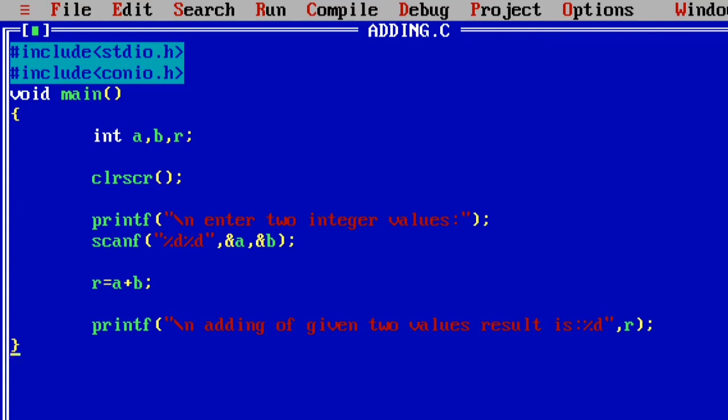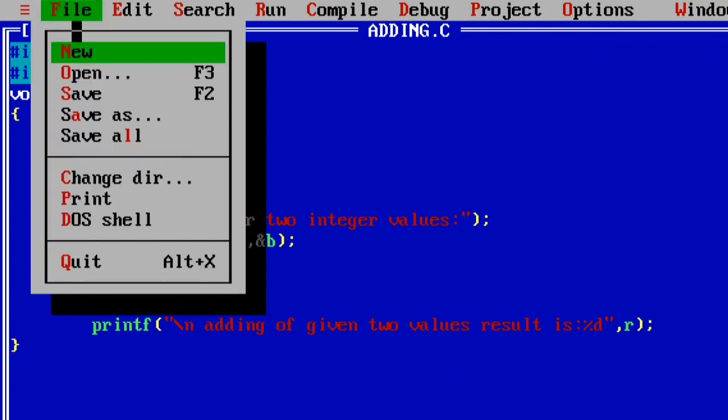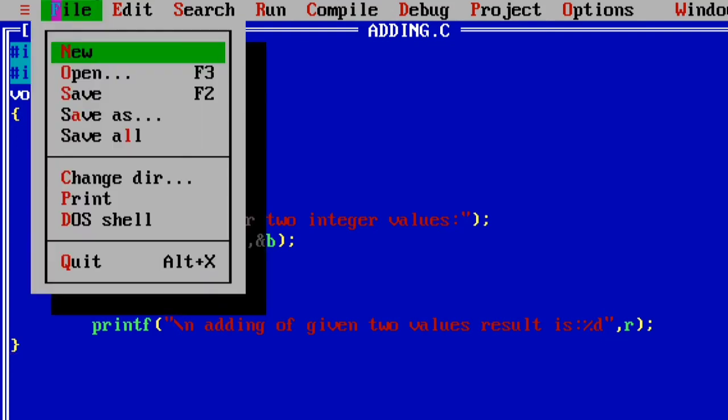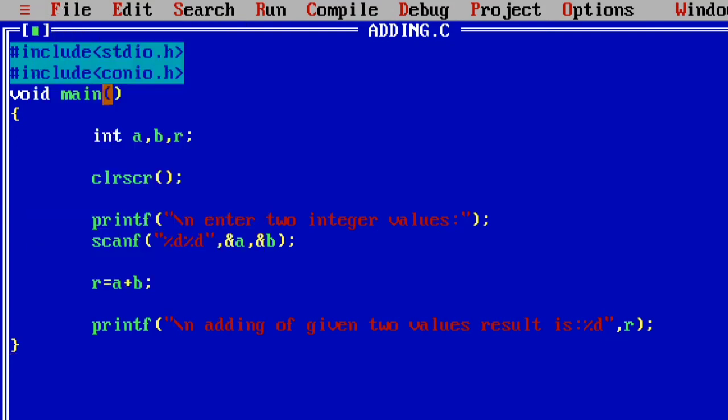At the end of the class I am briefly explaining these points once again. First of all, go to the file and take the new option and type your program, then click the save option and give the program name. After completion of your coding of the C program, again you have to click the save option.